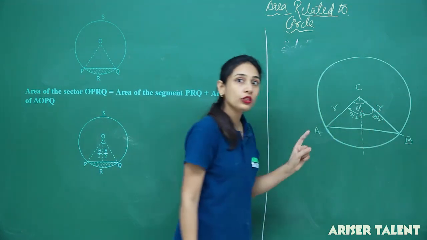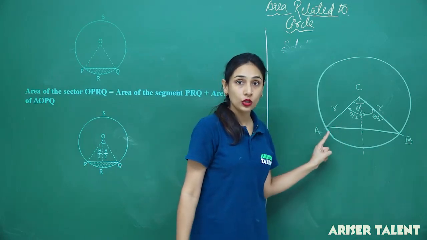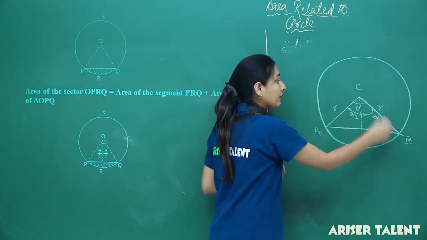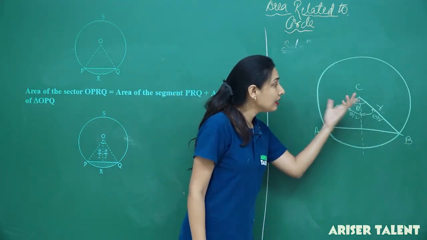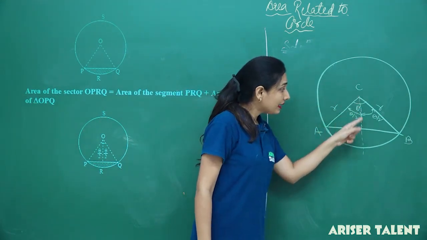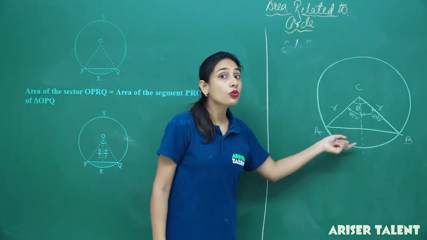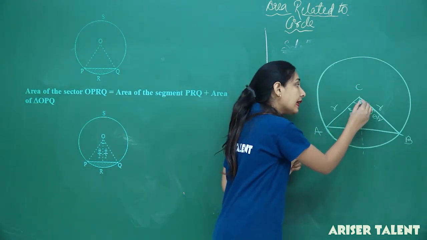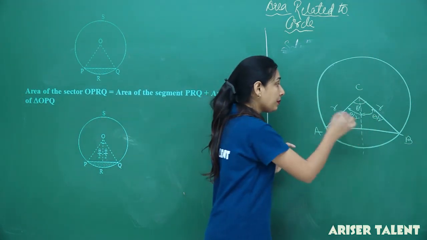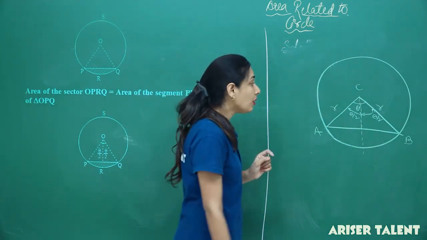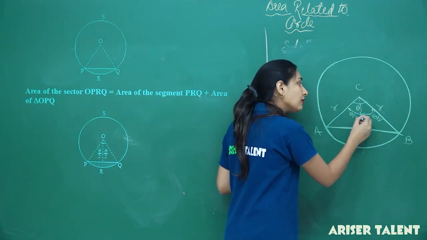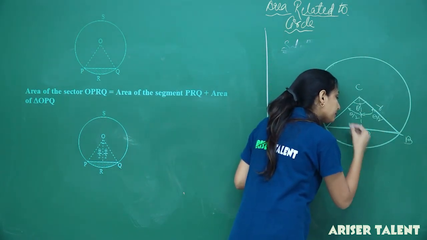And circle, if you go in my lectures of circle and you will see the theorems I have proved you, that I have told you, if you are having two radius and having an angle made by them, then this angle will be bisected by the line perpendicular to this chord I have told you. So that angle will be bisected in the two angle by this line. Okay, the line perpendicular to AB. We have talked about it. So this length will be equals to this length and this angle will be equals to this angle. So name it like D.